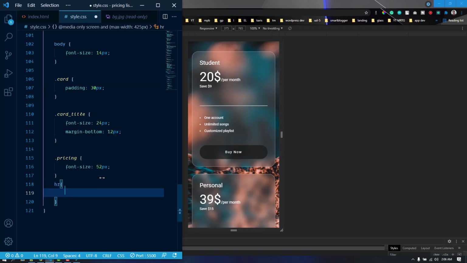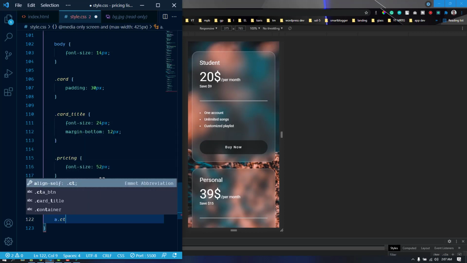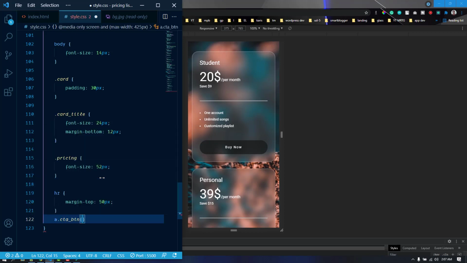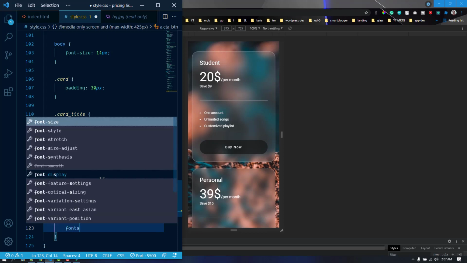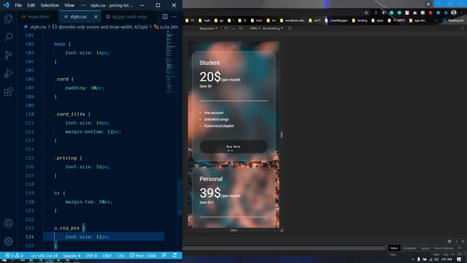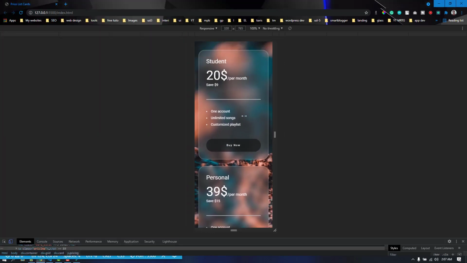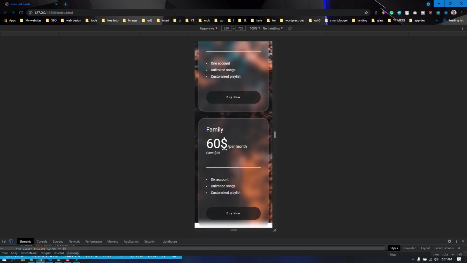So let's target the HR here and make the margin top 50%. Now it is reduced. Let's target the anchor tag with the CTA BTN, and we can also reduce the font size to 11 pixels. It will look fine. So this is our card, and it looks great for this viewport, but there is